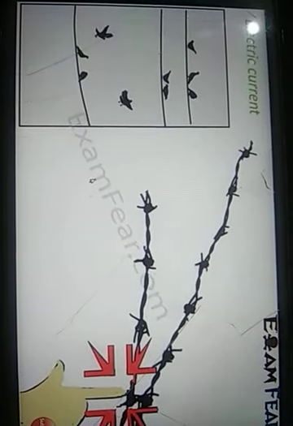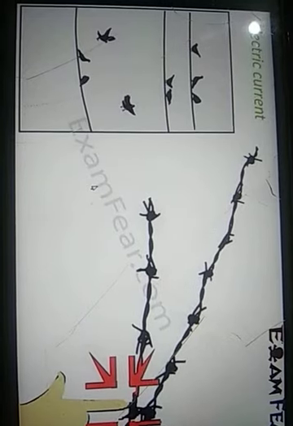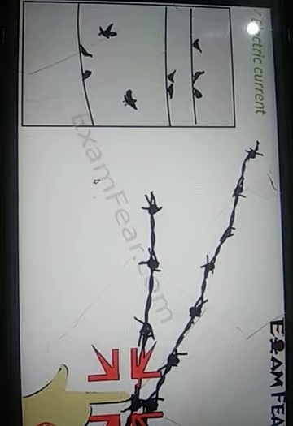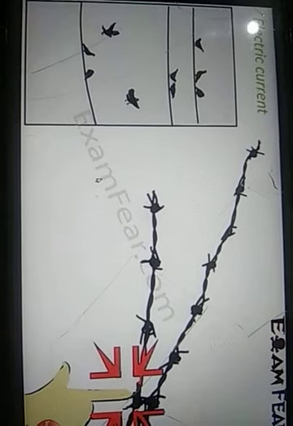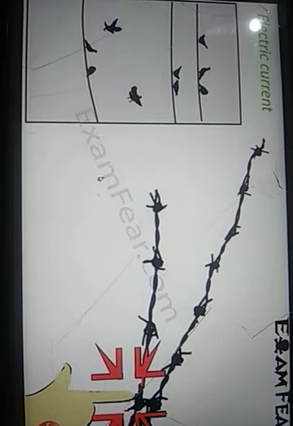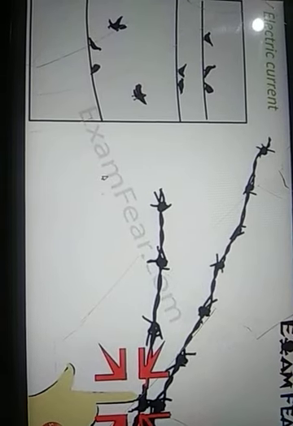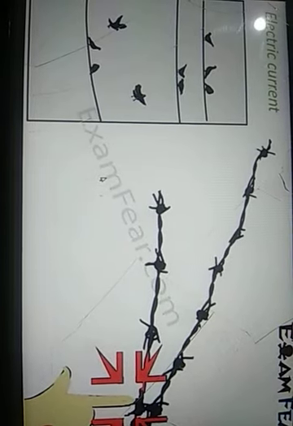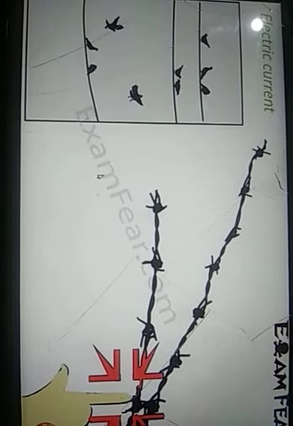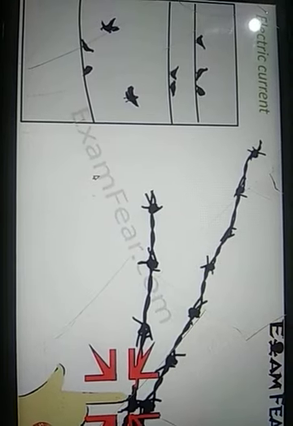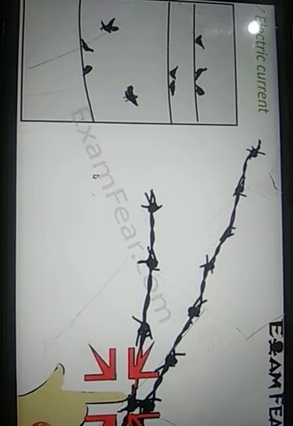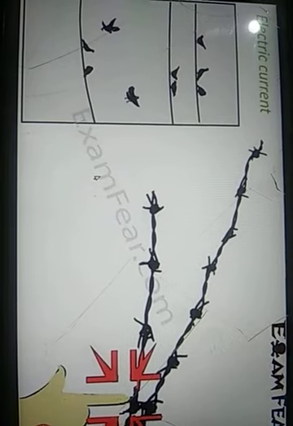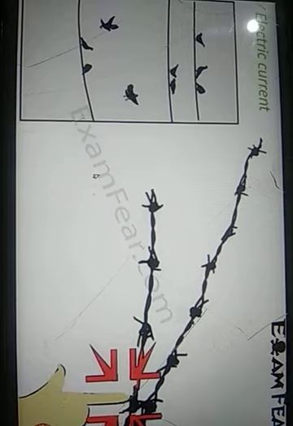Similarly, I'm very sure if you have ever been to a railway platform, you would have seen a bird sitting on a wire, the telephone wires, and the birds sitting over this. A very common scene from the railway platform is that sometimes the birds are found dead. The moment the wire is carrying current, sometimes these birds seem dead. Do you know why? Because of the electric shock they experience.